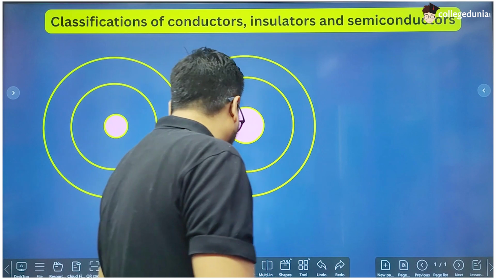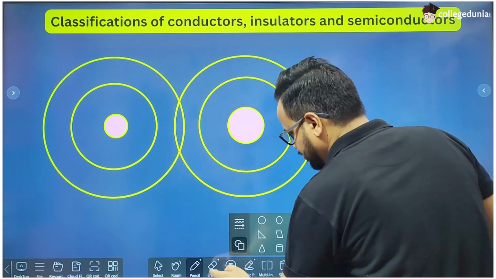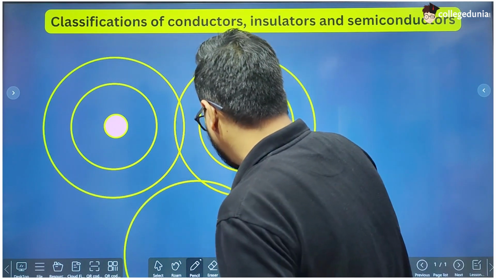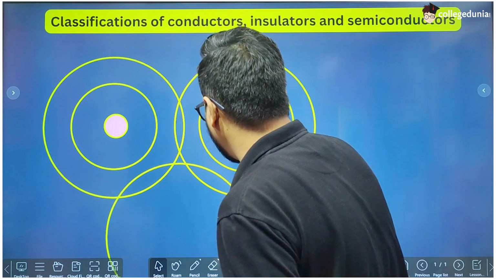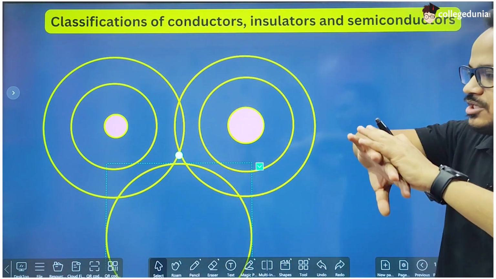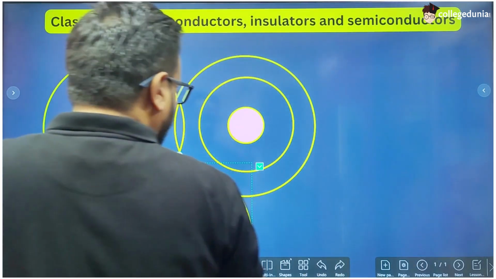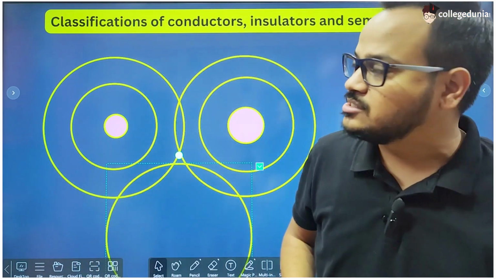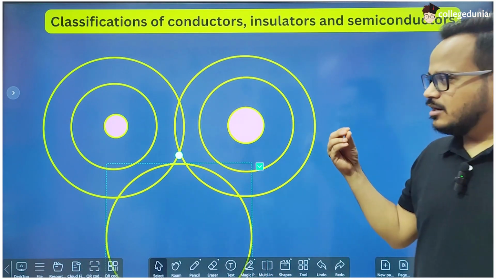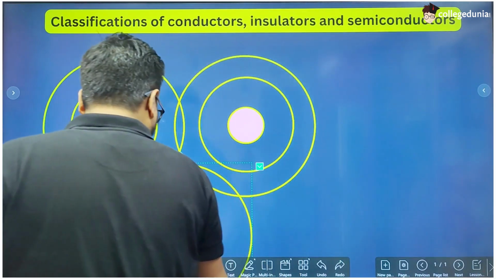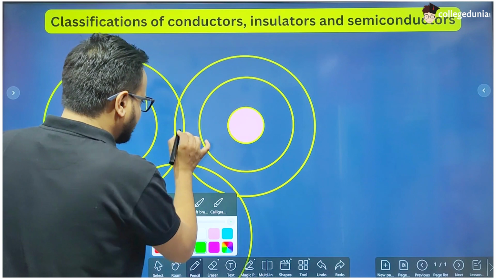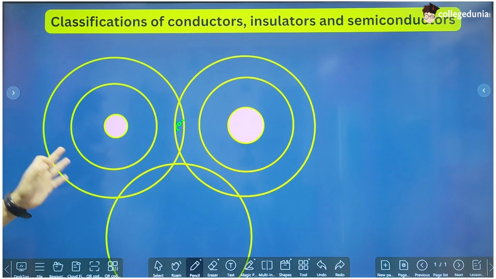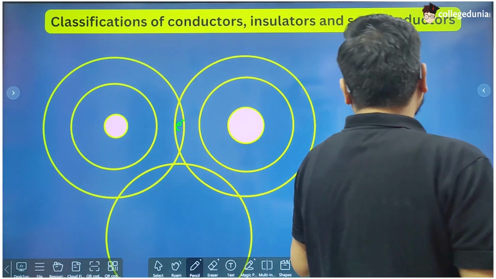If we draw a third atom, I'm drawing just the external shell of the third atom, the outermost shell, and that will be like this, going into both of these or more than two atoms, because this structure is in 3 dimensions. So there are atoms here, there are atoms here, there are atoms here. You have to just visualize that the outermost shells of every atom are merging into each other. So if there is an electron here, we cannot say that that electron belongs to this atom or that atom. This is what happens in solid state.